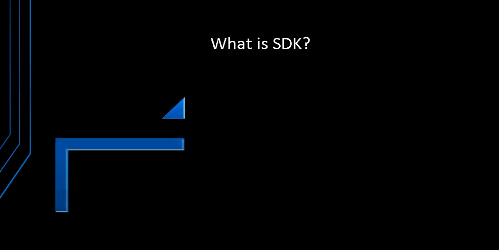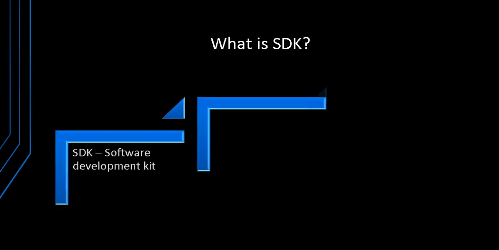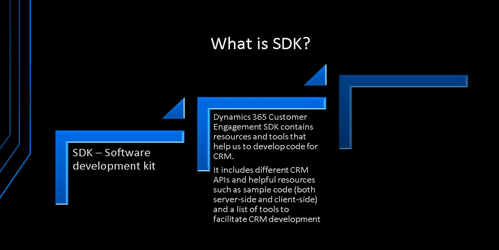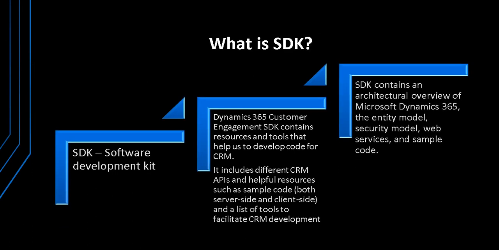So let's check out what is SDK. SDK, as the name suggests, Software Development Kit. So SDK comes with the MSCRM software, whether you're using online version or you're using on-premise, both use SDK. SDK is designed for developers basically, which includes some sample codes related to plugin or any JavaScript or anything related which is used inside CRM. Those information is available inside SDK.